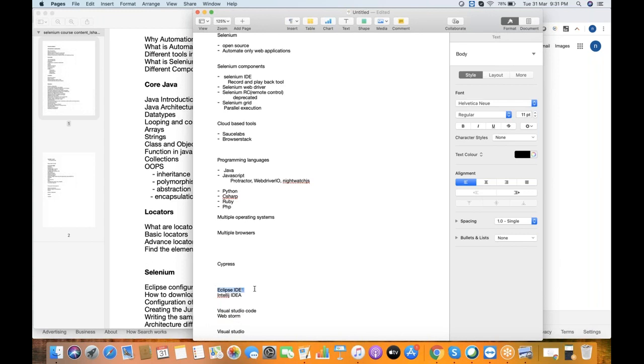I have used both Eclipse IDE and IntelliJ IDEA. People sometimes have their own choices, like wanting to use this one and not that one, and then I prefer either of them based on their choice. Otherwise, I'll start with Eclipse. If you have any choice like that, we can go with it. Otherwise, Eclipse IDE is good to start.